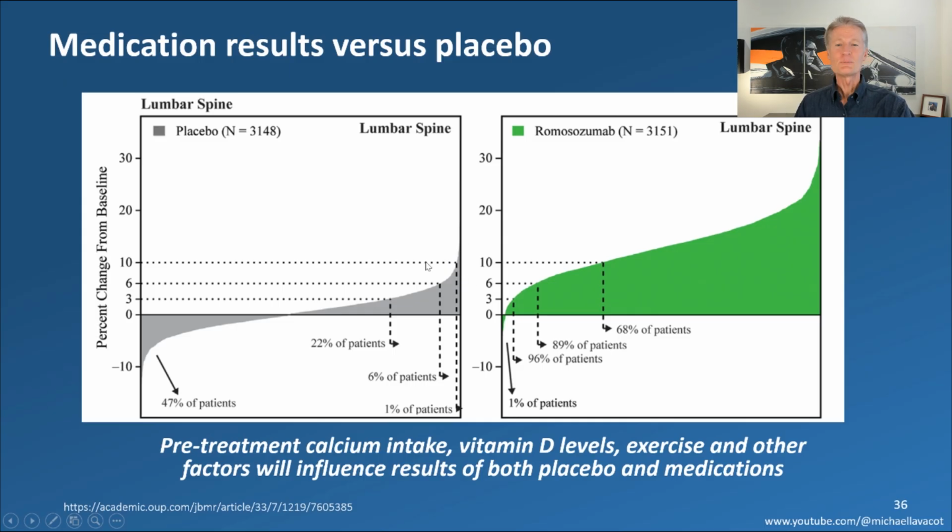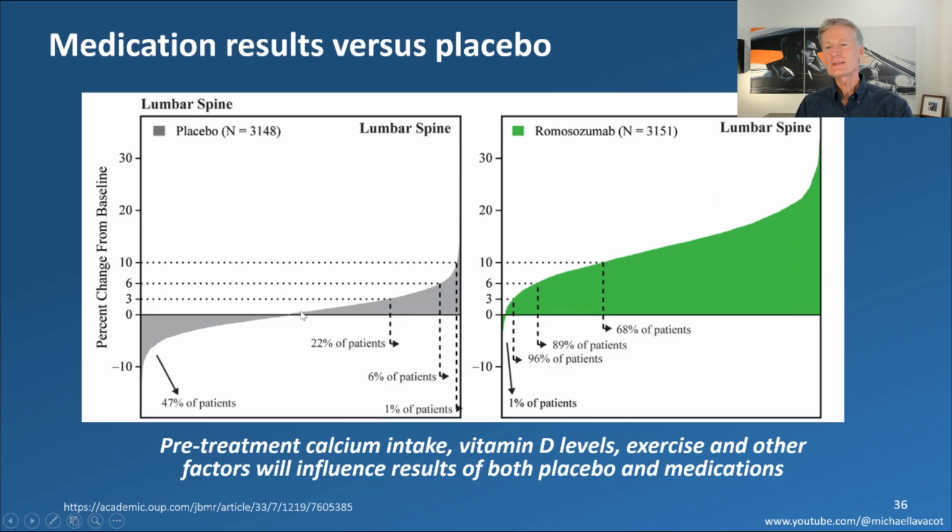So that's pretty spectacular. Now, it's even echoed on the right-hand side here. So if you look at the Evenity, romosozumab is the technical name for it. So we look at Evenity. Well, guess what? There are people that had 30% increase in 1 year in their lumbar spine. That's like 2 T-scores or even over 2 T-scores. And you think, God, how can that possibly be? Well, again, if you have someone coming into this trial that was deficient in vitamin D and calcium, well, they're going to have an additive effect, and it shows really well here.